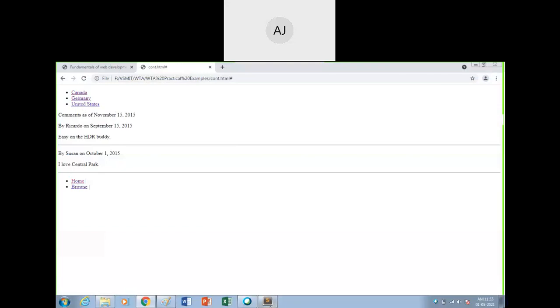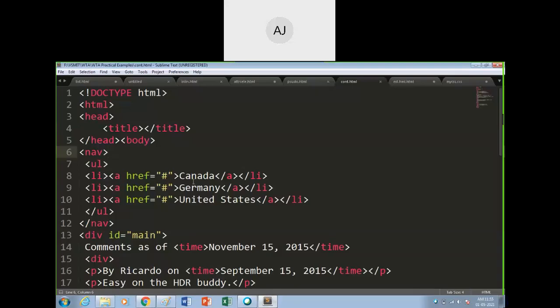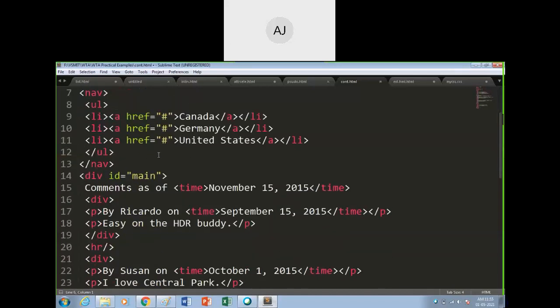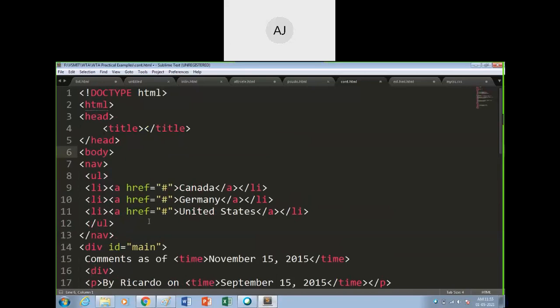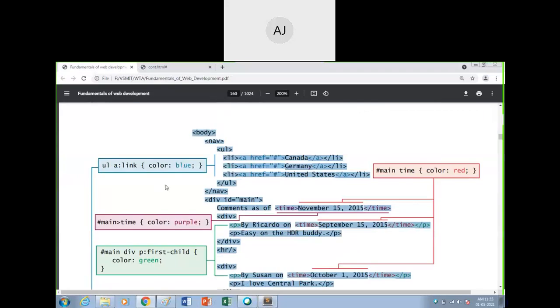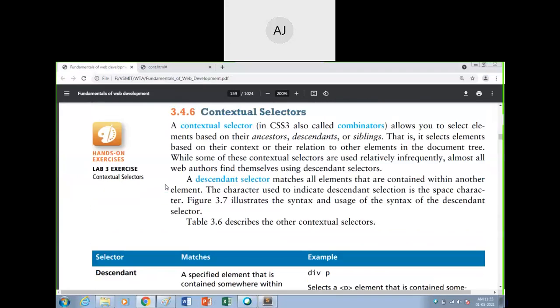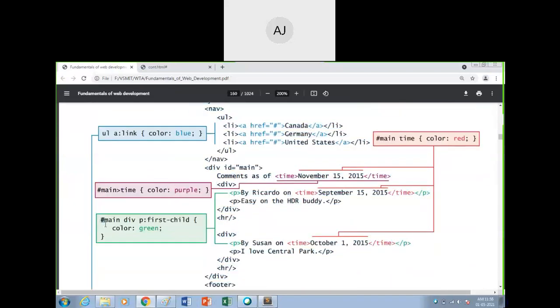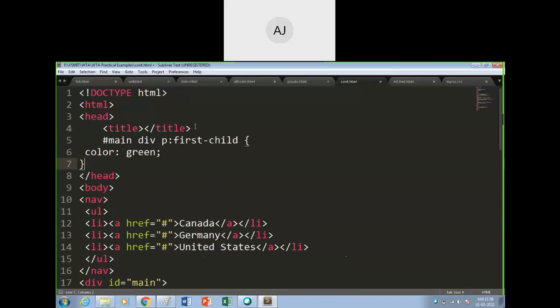Just let me check the code first once again. Okay, nav is there. We have not used this HTML5 code. Okay, ID is there. We have not written this ID main, so we have to copy this ID main. Where is that ID main? Sorry, I will copy it here. Copy this and paste in which section? In the head section. I have to paste this.